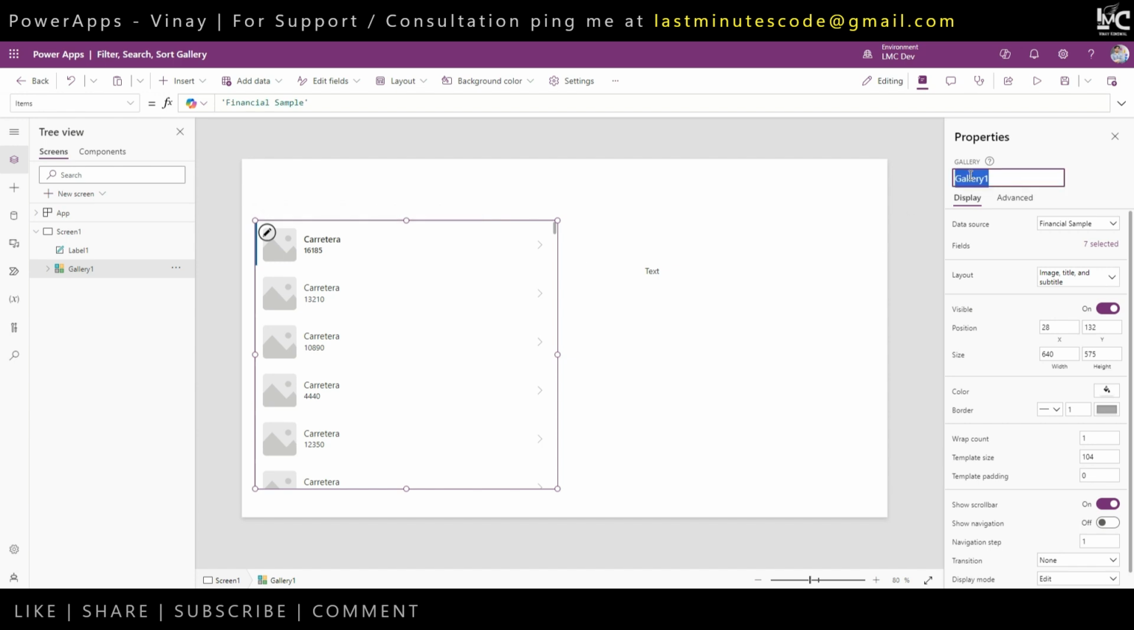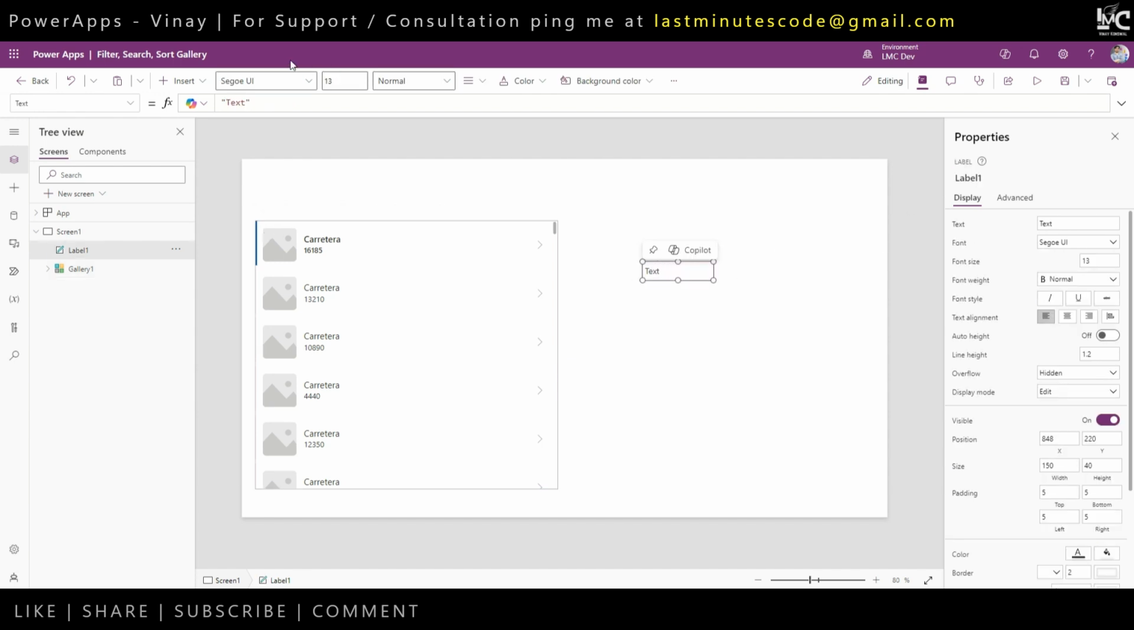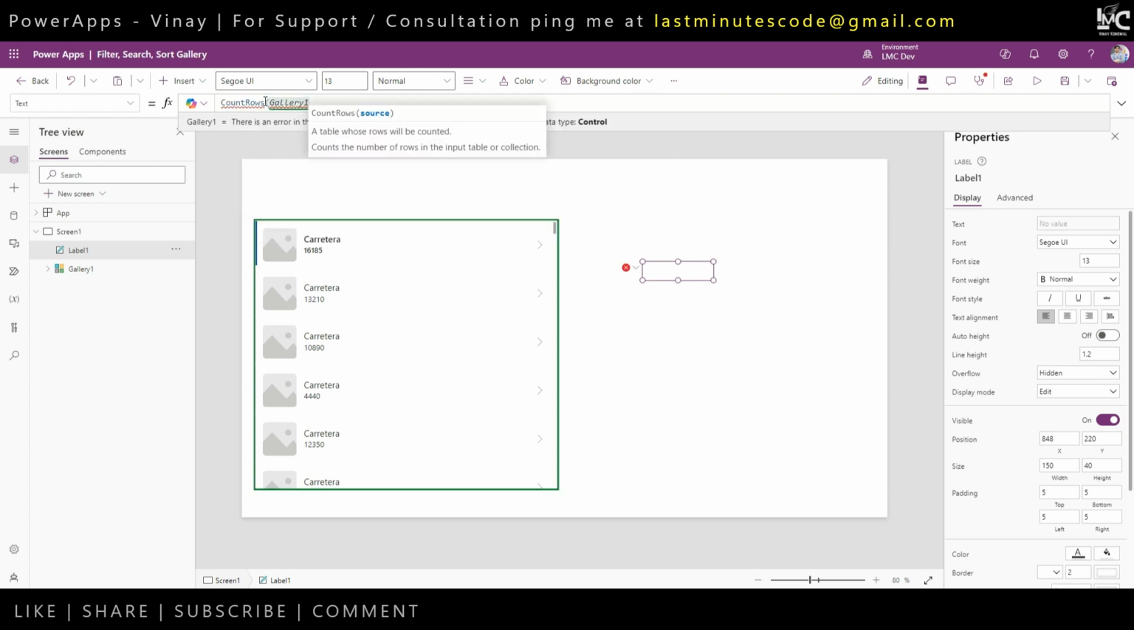The name of my gallery is gallery one. I'll copy the name of this gallery. There is one function, if you know this. This is CountRows. It will give me the count of items in my gallery. So if I do it like this, right? See, currently it is saying 100, but we know